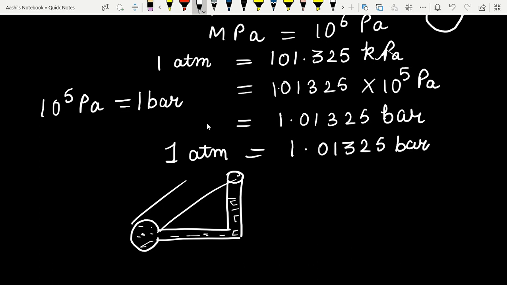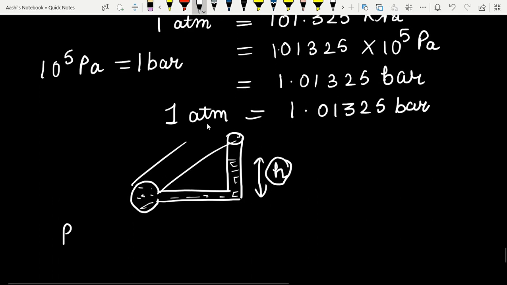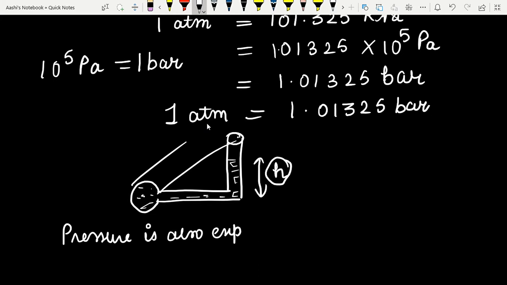If the pressure is high here, only then. Okay. So in that case, whatever is the height of this liquid in this glass tube is basically the piezometer reading. Whatever is the height, that is called pressure head. So sometimes pressure is expressed in terms of height of the water column or height of any fluid column. So you can write, pressure is also expressed as height of fluid column.